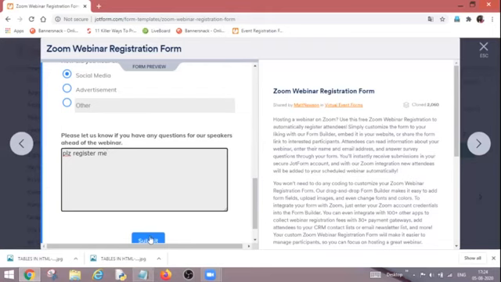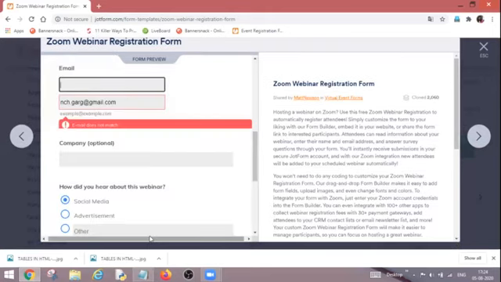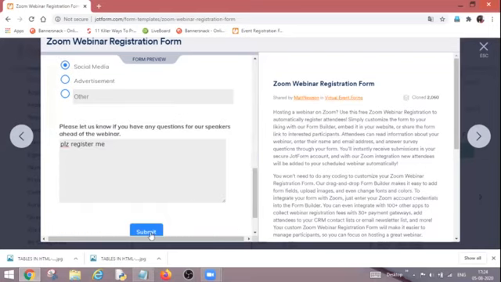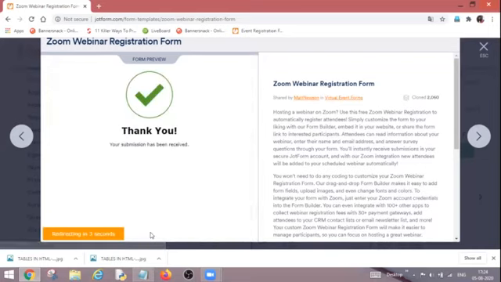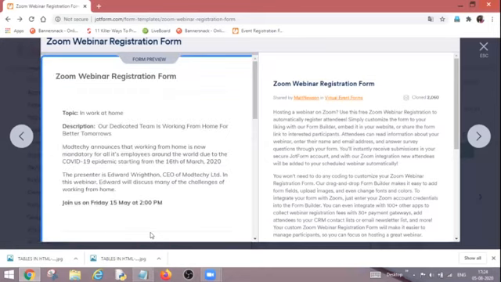Okay, and I'm going to submit it. After clicking submit, they are saying email does not match. That means I'm not already registered with them. So I'm again going to click submit. Now my form is finally submitted, and I have got the thank you message also. So this is how the form works.